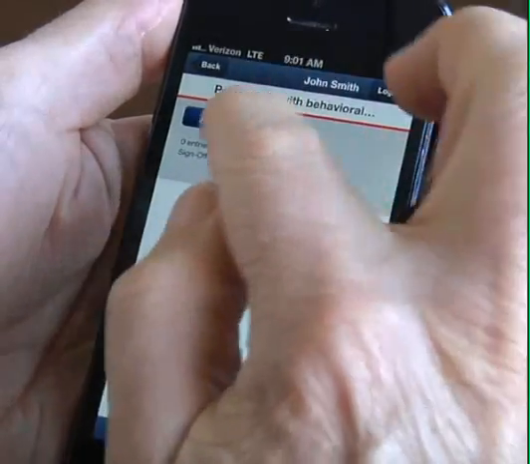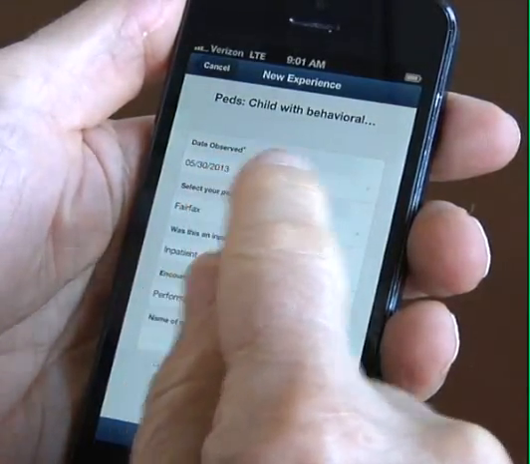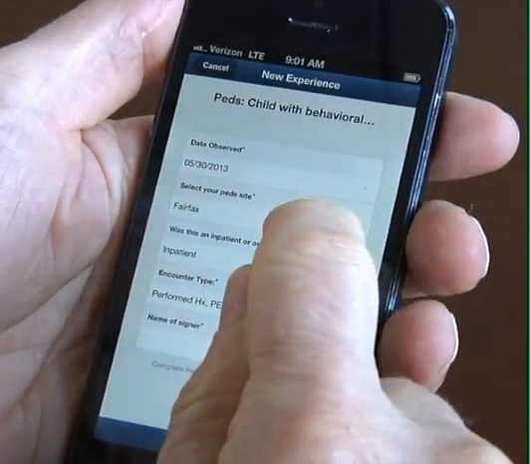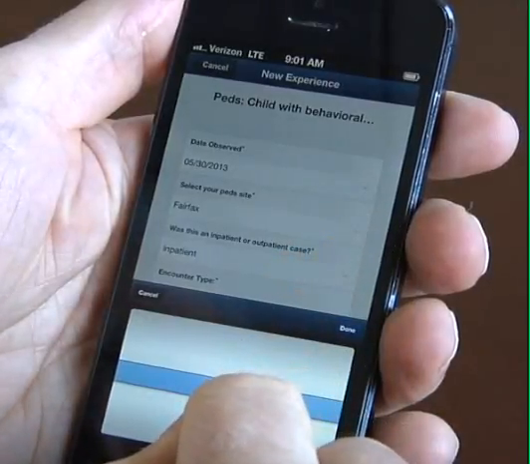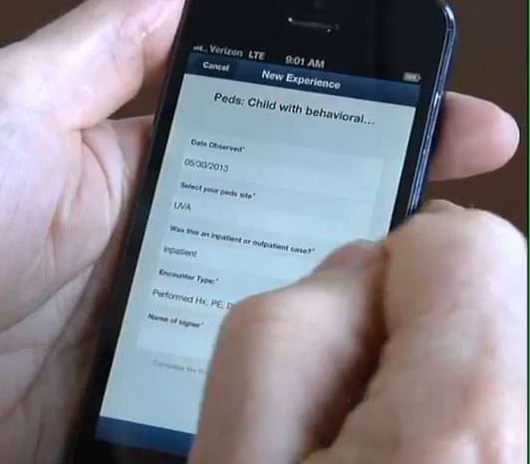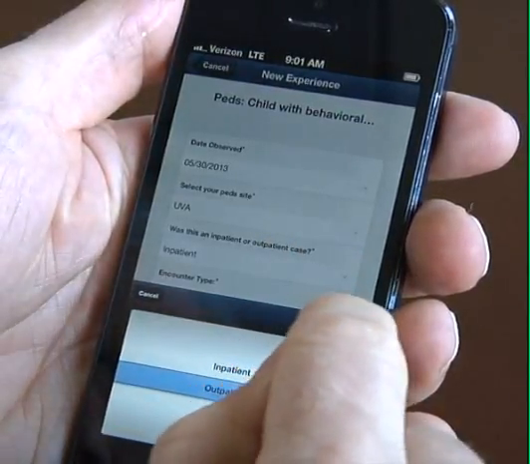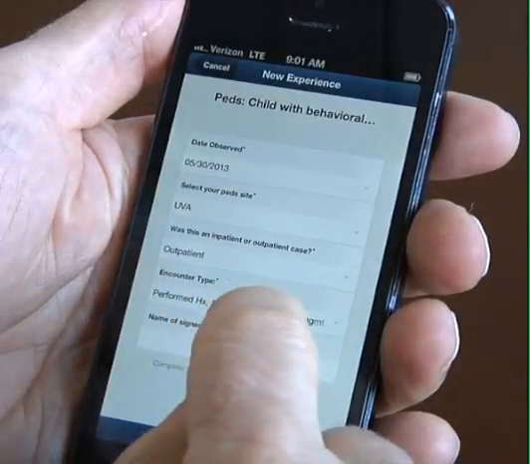So the student would just click Add, and they would choose the date observed. It will by default grab the current date. In some of these checklists, you'll be asked to put in a particular location. The checklist items vary according to checklist. We'll say it was an outpatient encounter type,